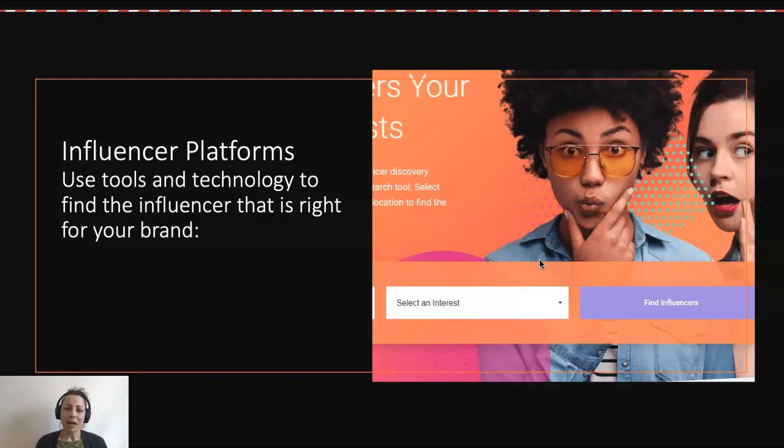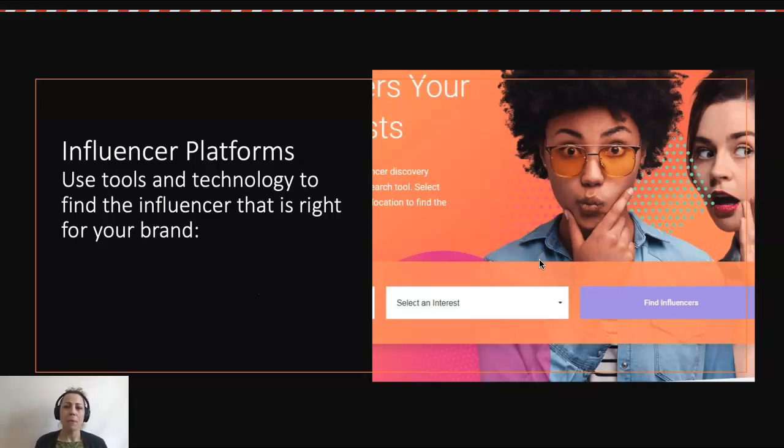So an influencer platform is a web-based solution where influencers can register, log on, create a profile, and then link all of their social media accounts. The platform then acts as an intermediary. It can see how many followers they have. It can measure the engagement per post. It can collate lots and lots of information about the influencer and other influencers, allowing the brand to have an overview of all the different influencers and run searches and specify specifics.